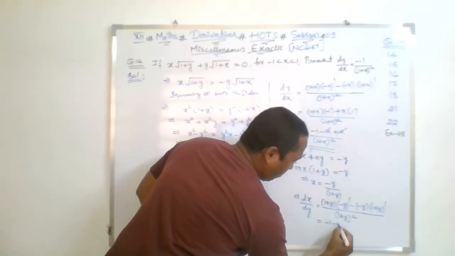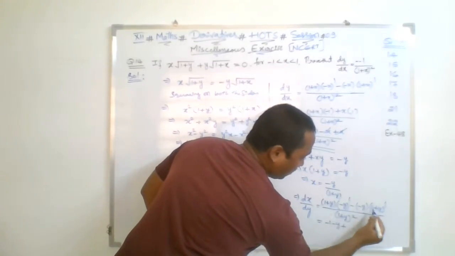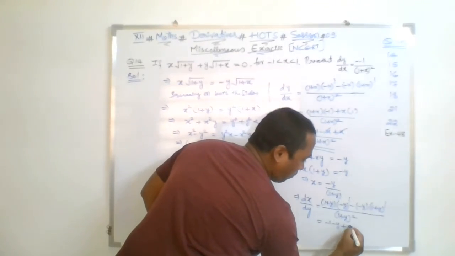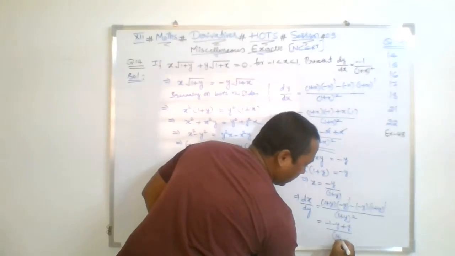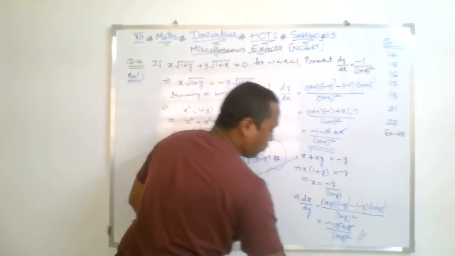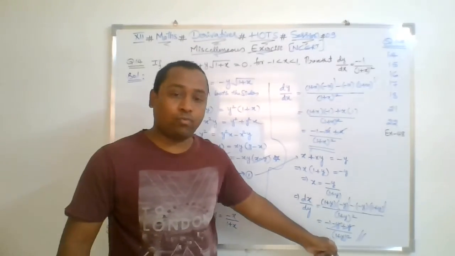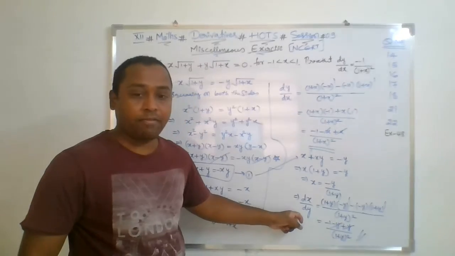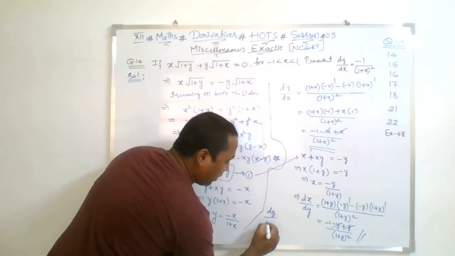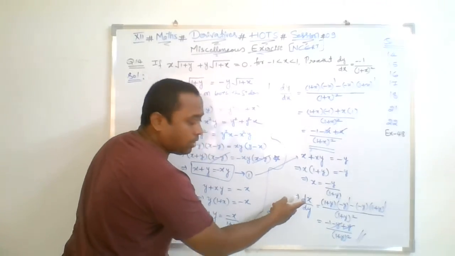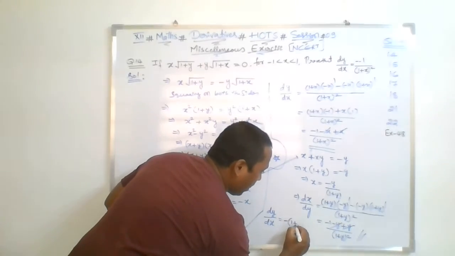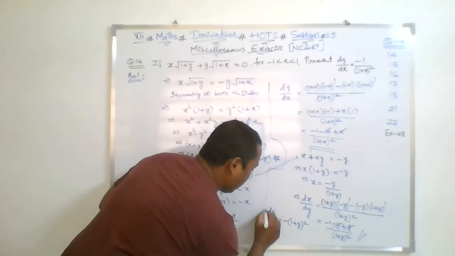So minus 1 minus y, then plus the derivative of this function with respect to y, which is 1, into plus y. So plus y and minus y get cancelled. Then what do you get? The answer is minus 1 upon (1 plus y) whole square. This is the dx by dy answer. But in the same manner, if I want dy by dx, it is simply the reciprocal of dx by dy. So the answer would be minus 1 into (1 plus y) whole square.